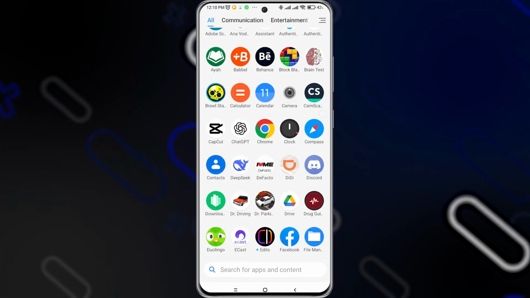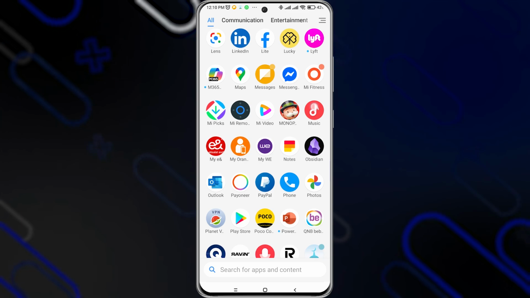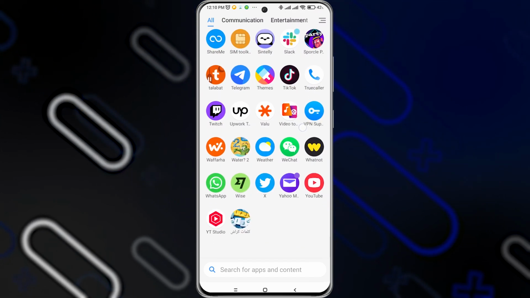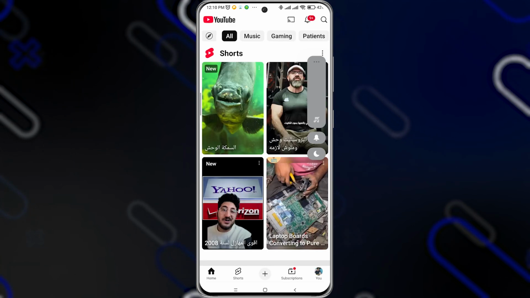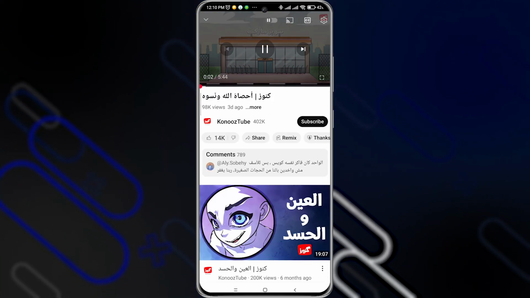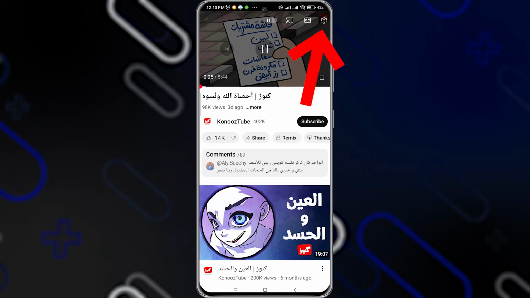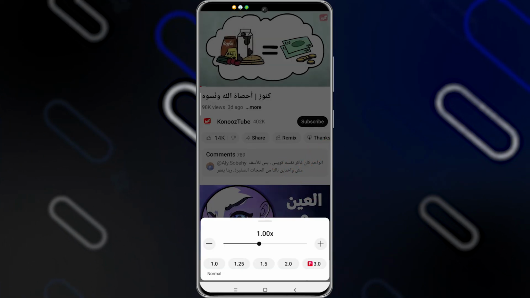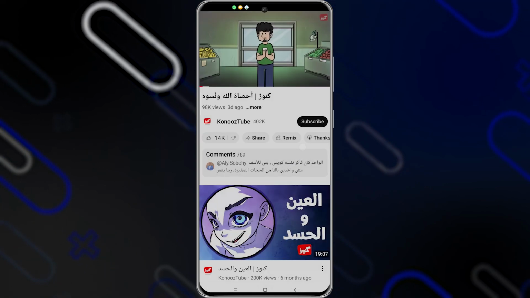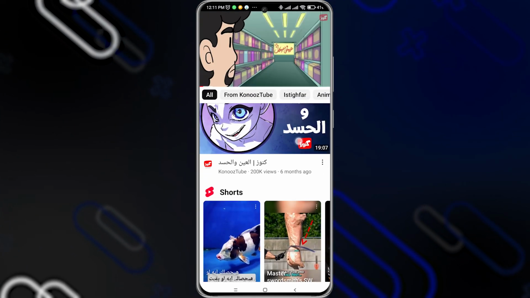Okay, now the first thing that you should do is to simply go and open the YouTube application on your phone. And now once you open it, let's try to use or play any video. I'll play this video for example. Now when you click on the gear icon on the top right side right here, you can choose the speed of the video. But if you cannot actually change it, you have to scroll down a little bit, go and